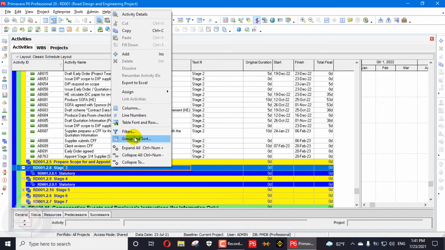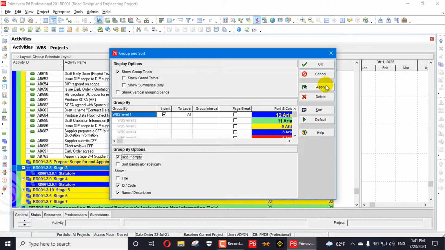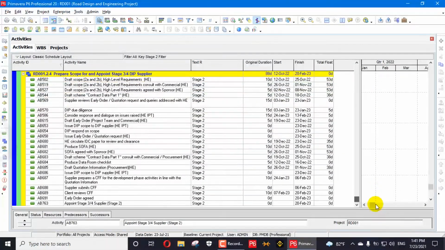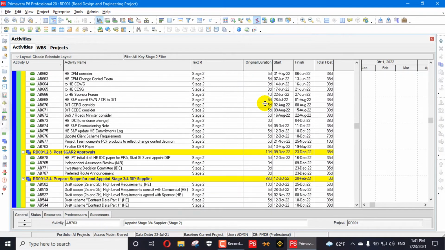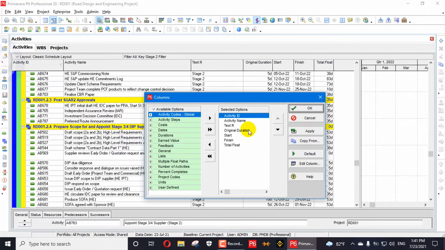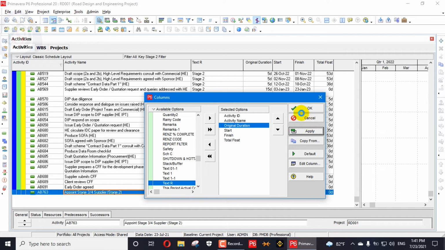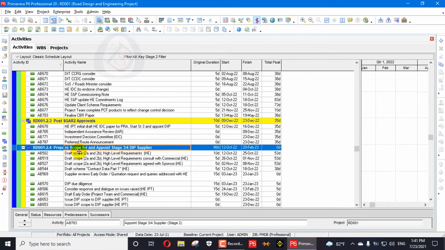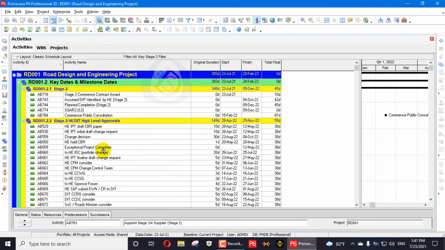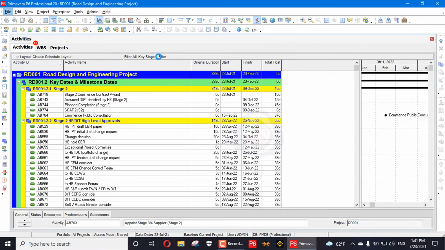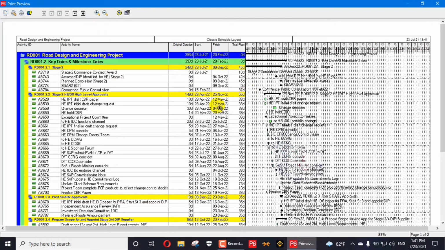So go here to Group and Sort By, and hide if empty. So the activities which don't have any text will disappear from here. So these activities having Stage 2 text are appearing here. So what we will do, we will go here in the column and remove Text R, apply, OK. So now we can print out these key stage 2 activities. Only these activities you can print out, for example File, and we can print preview here. So you can print out these activities for your client, if he needs only Stage 2.